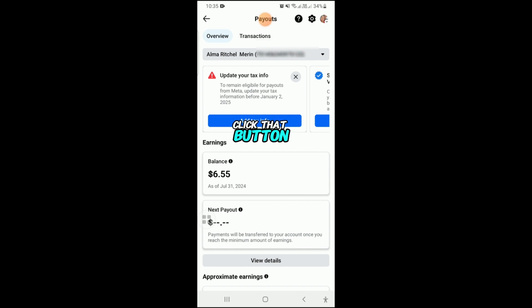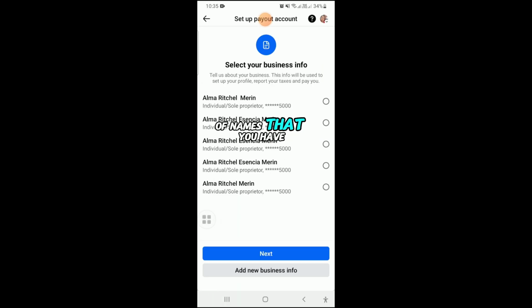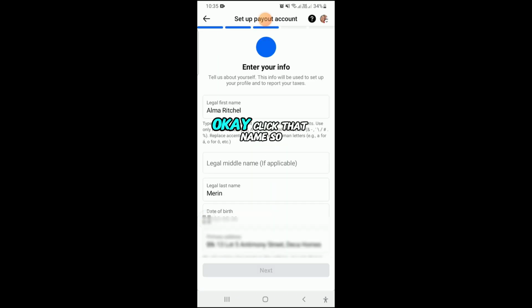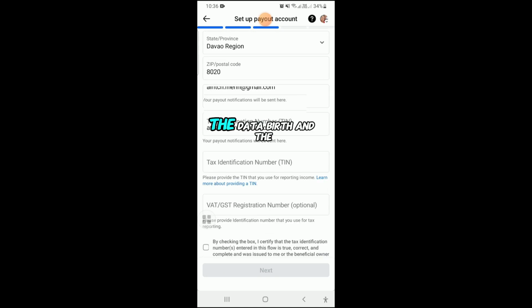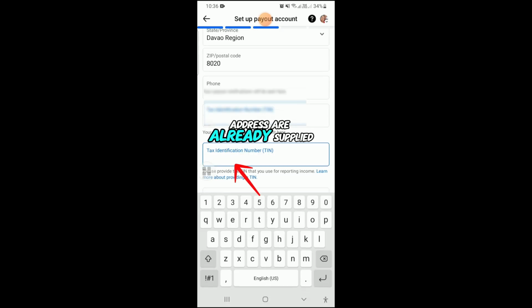Click that button and then you will see the list of names that you have if you are managing different pages, or if you have seen more than one and you are only managing a page. This may be a bug, or you have previously added that and you haven't finished it before. Okay, click that name. So for this example, the name, the date of birth, and the address are already supplied,